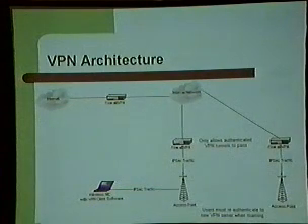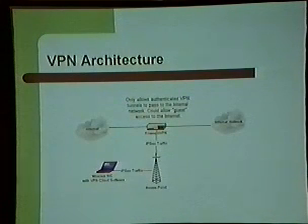So here's one VPN architecture, and this is just placing the VPN between whatever network you want to connect to and the access point. And this also shows if you have multiple access points, when somebody's roaming between them, they have to re-authenticate to the new VPN. And some of the standards, which I'll talk about in a minute, deal with the roaming issue and make it to where users do not have to re-authenticate themselves.